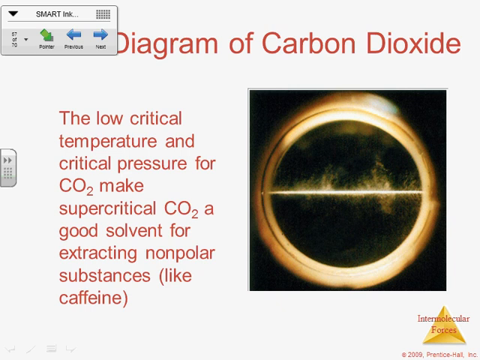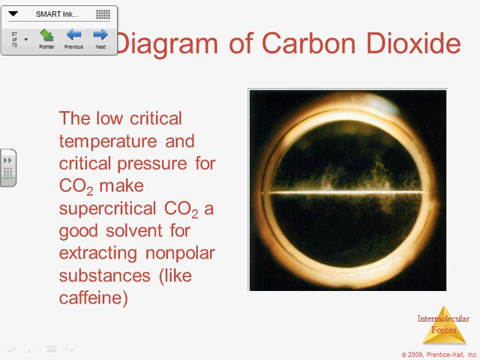We're going to talk about this a little bit more in a couple of days. But we talked a little bit about it last year, I think. Polar things dissolve other polar things, and non-polar things tend to dissolve non-polar things. And so what that means here is CO2 is non-polar, so it's good at dissolving things that water can't, like